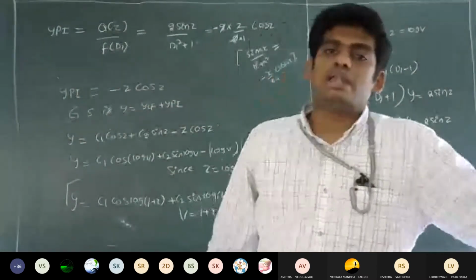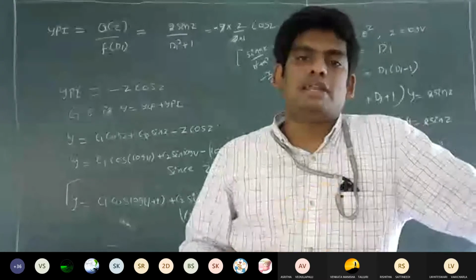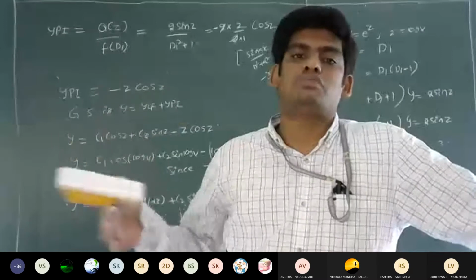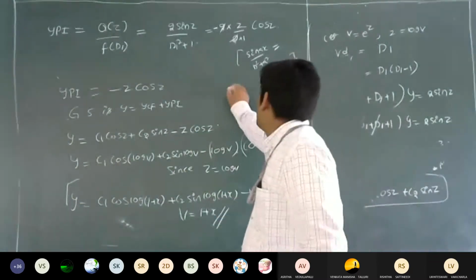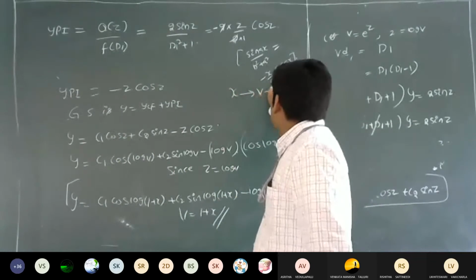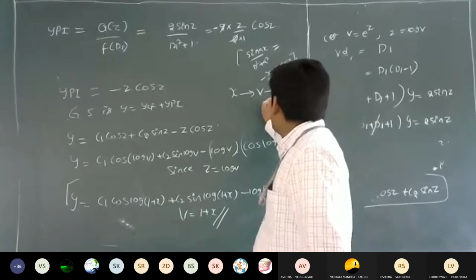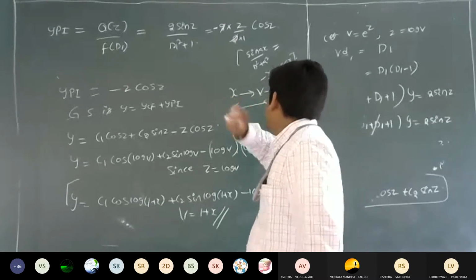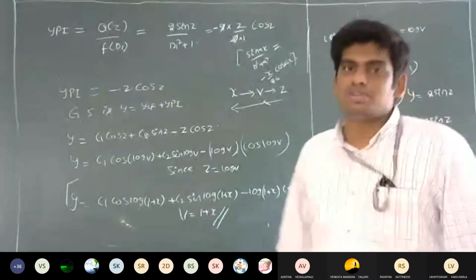So the first one is 1 plus x is equal to v. Then immediately by using the transformation, the given differential equation is transformed in terms of v. Originally the independent variable is x, so it is transformed to v. Next, it is transformed to z. Again, by back substitution, z is substituted by v and v is substituted by x. So this is the Legendre type differential equation, right?